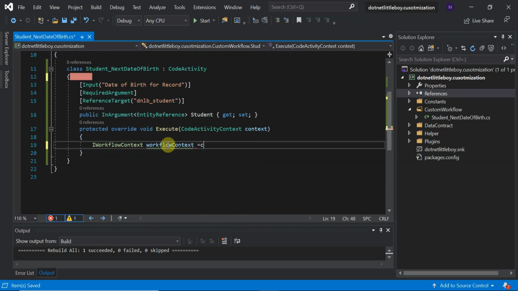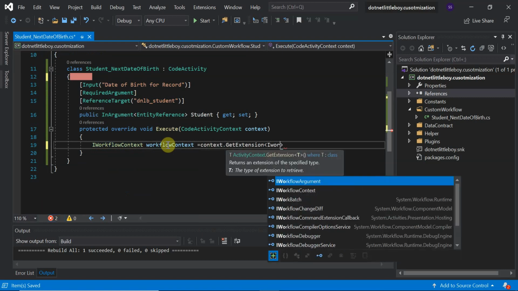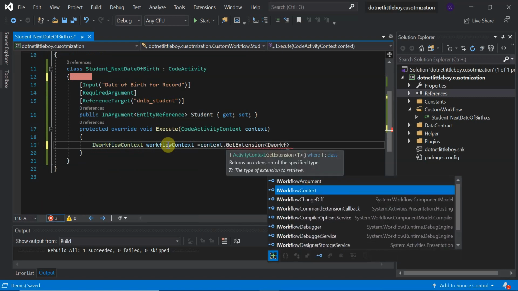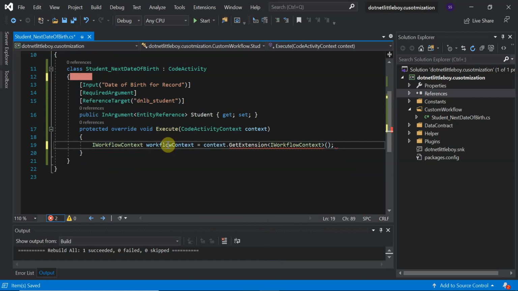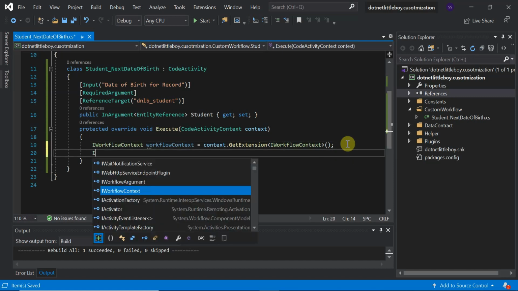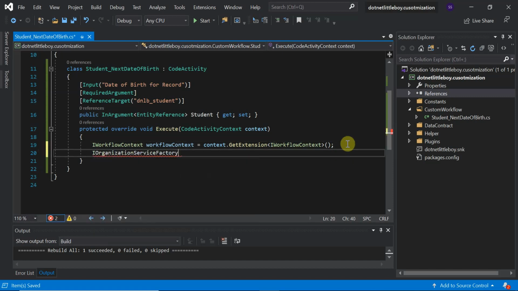That is equal to the context dot get extension, and here we will pass the IWorkflowContext. Okay, so we got the context now. So if you want to create this service, then how do we do it for the plugin using the IOrganizationServiceFactory? We'll use that same way. So IOrganizationServiceFactory, name it as serviceFactory, that is equal to the context dot get extension, and